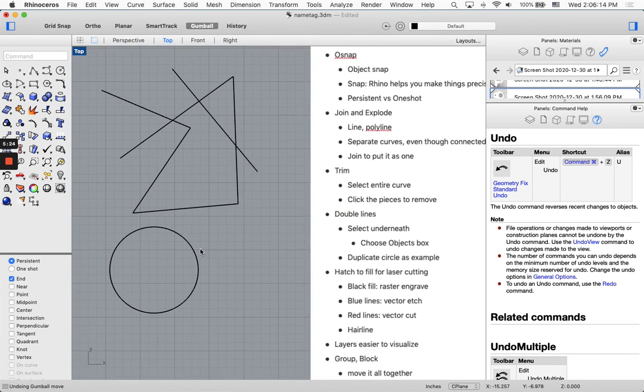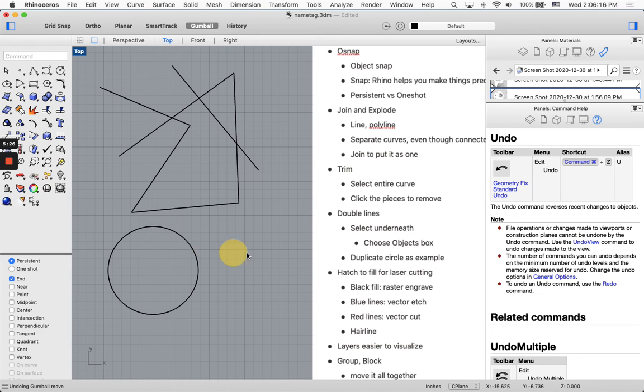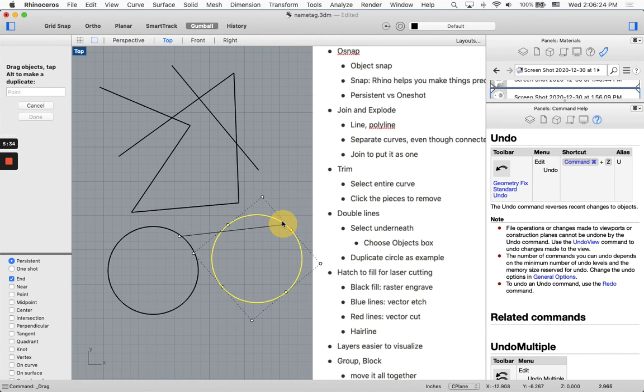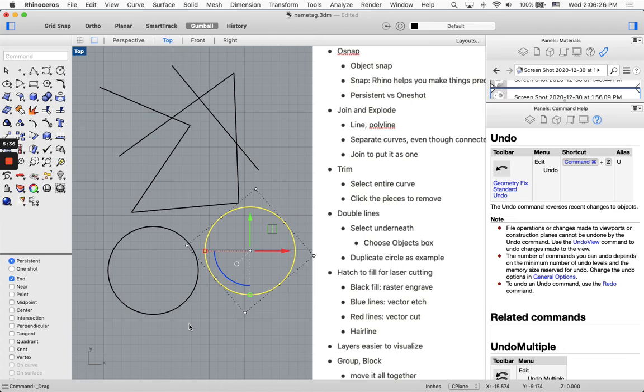Okay, just a couple more things here. One thing that you'll know from laser cutting is the colors. They correspond to certain things that we want the laser cutter to do. So anything that's black, and especially if it's a filled shape, the laser cutter is going to go back and forth, kind of like an inkjet printer, back and forth to blast away the material. The red line is the vector cut, cutting all the way through, and then blue is sort of like, some